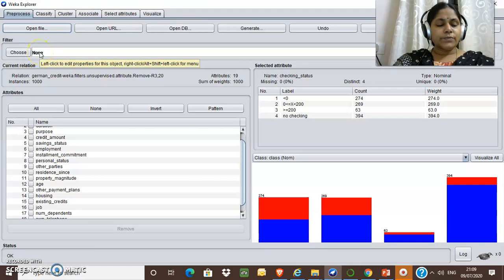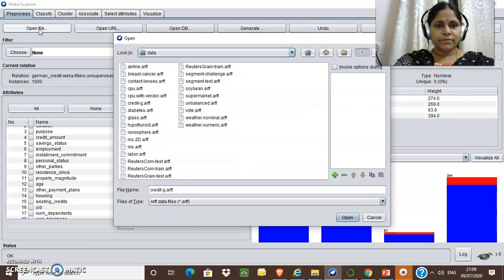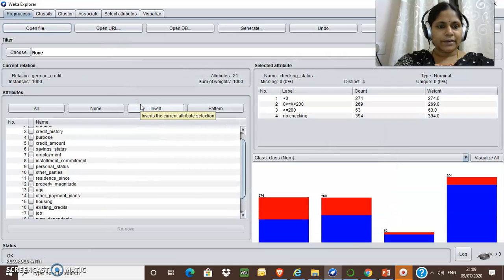Now, as we are asked to do in this task, we have to apply the cross-validation technique on the German credit data set and check the performance evaluation metric. So now let me open the German credit data file, credit.arff.